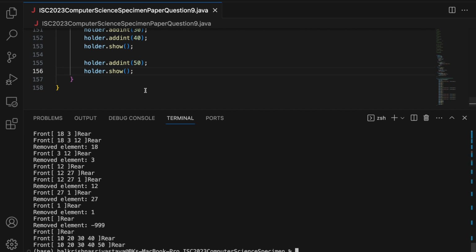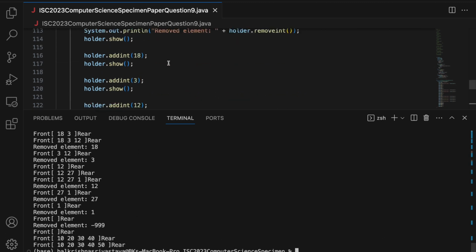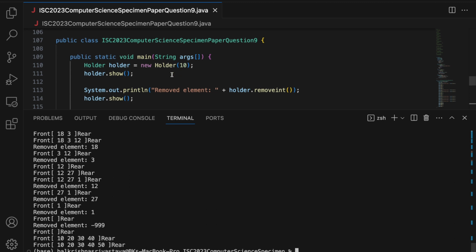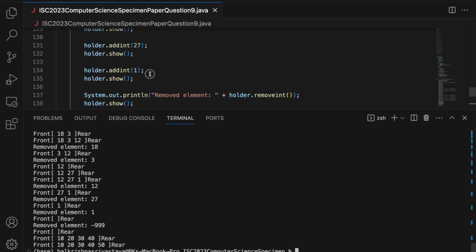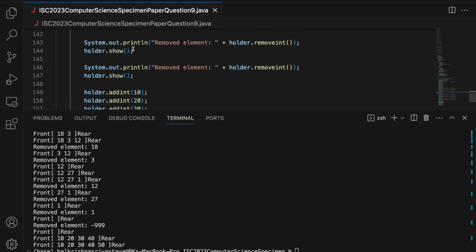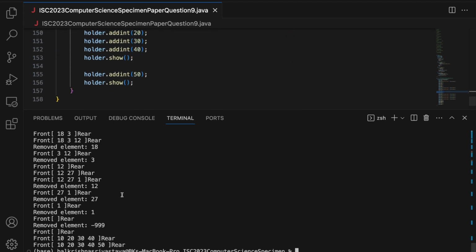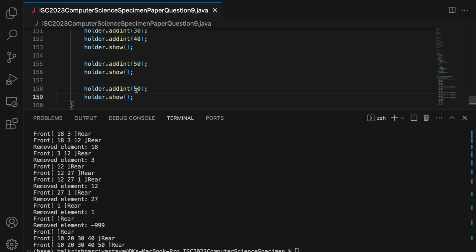Oh, what is the capacity? Capacity is 10, so I have added 18, 3, 12, 3 to 5 elements only. 5 elements, then 5 more elements. Now if I try to add one more, it will show me